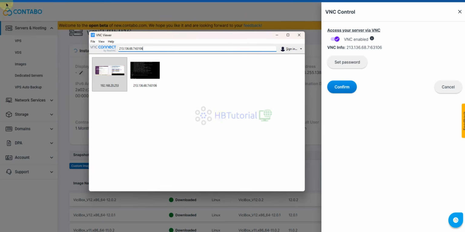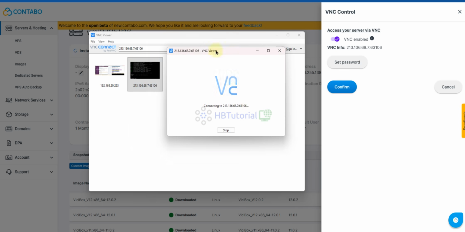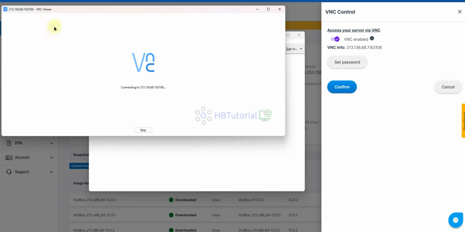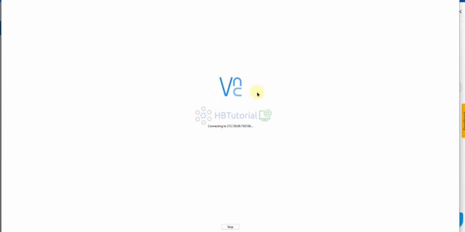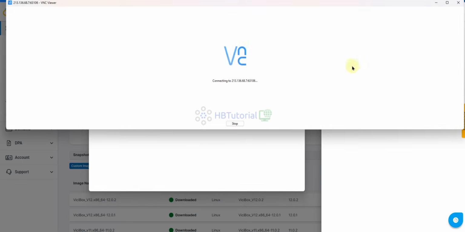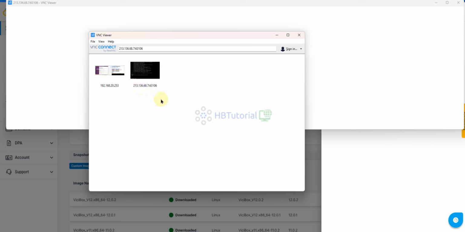After the server is restarted, it's not yet connected.